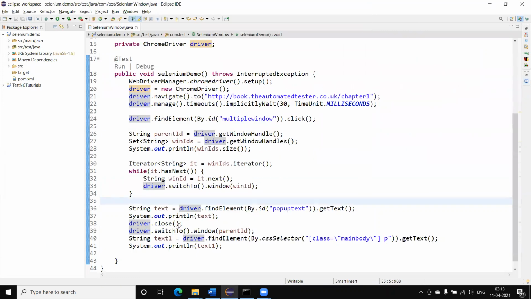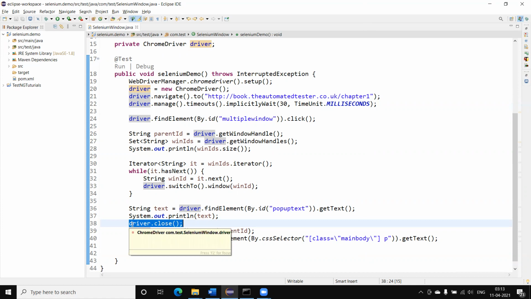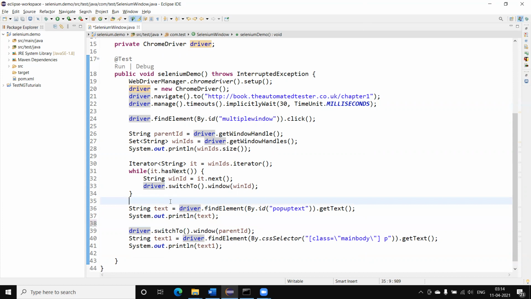When we are using the driver.close method, it will close only the current browser window. This will not destroy the session or close all the browsers. It will only close the current browser, and the session will still be there. Suppose I close this window before getting this text.